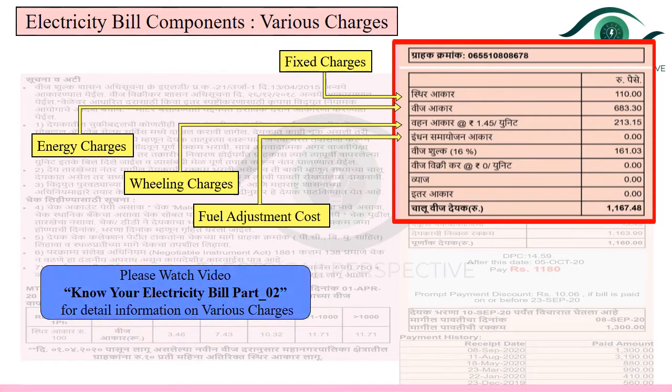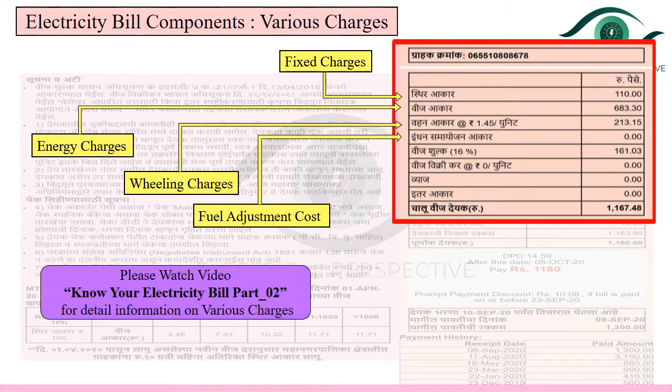Now in order to supply power to the consumer, the electricity company needs to purchase the power from the power generating companies, and this rate of power purchase can vary due to certain inevitable circumstances. For example, increased prices of oil or natural gas, increased demand for the power, or shortage in the power supply. In such eventualities, the electric company has to purchase the power at a higher price in order to meet the demand.